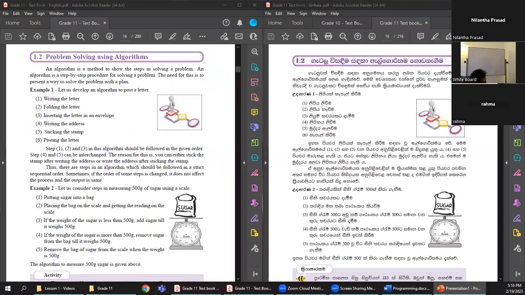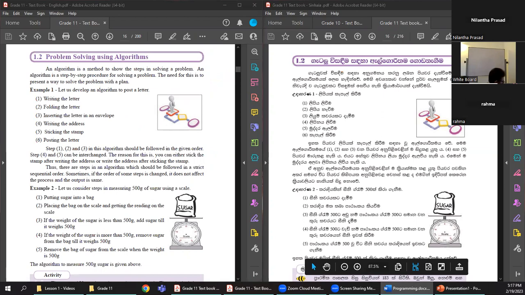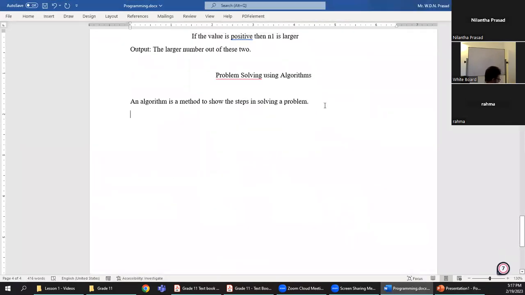The whiteboard document, right? So you can just write a question: why do we need to create algorithms